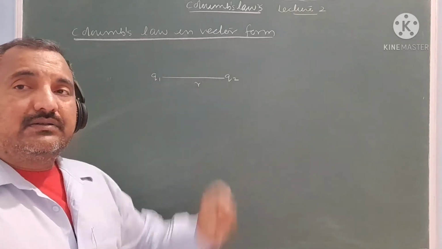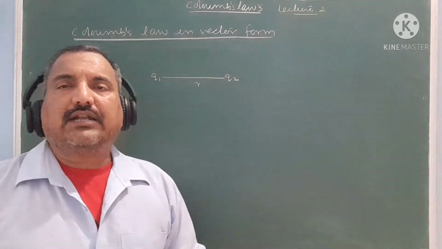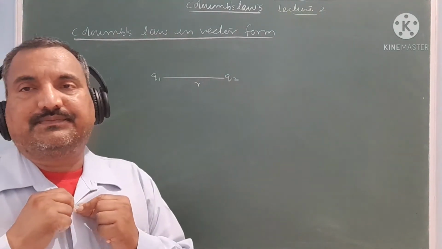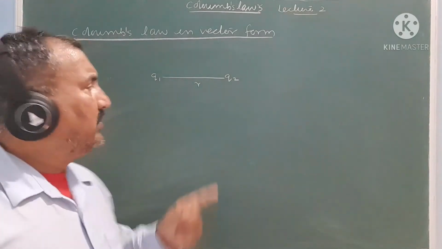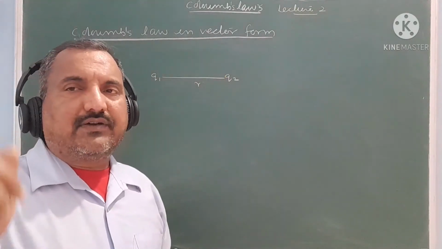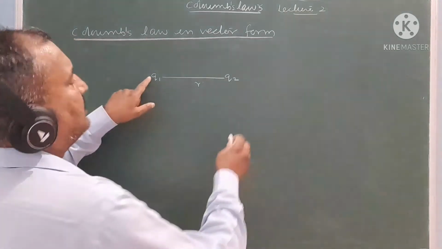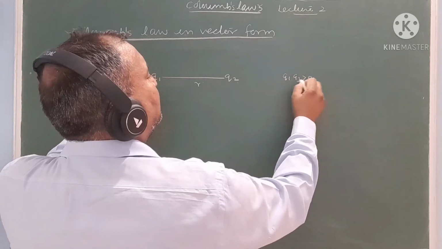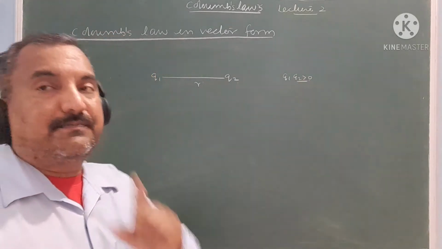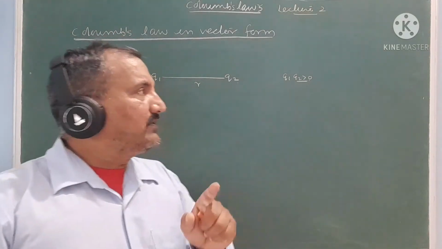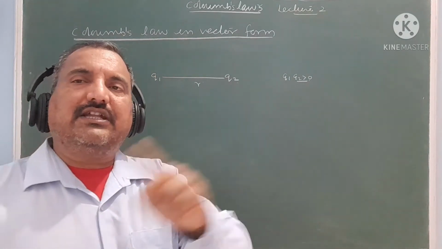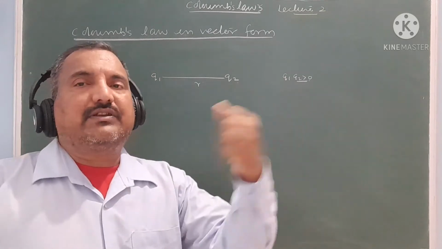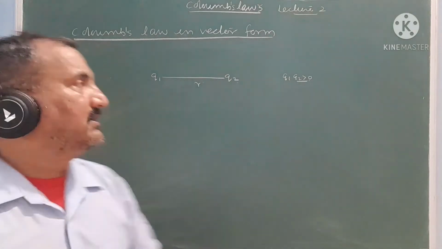So there will be a force that could be attractive and that could be repulsive. Now if Q1, Q2 is there, what kind of forces is there? Q1 is positive, Q2 is positive, so Q1 Q2 is greater than 0. It is repulsive. First we will understand the repulsive case, then the attractive case: how the attractive or repulsive force is acting on the charges.